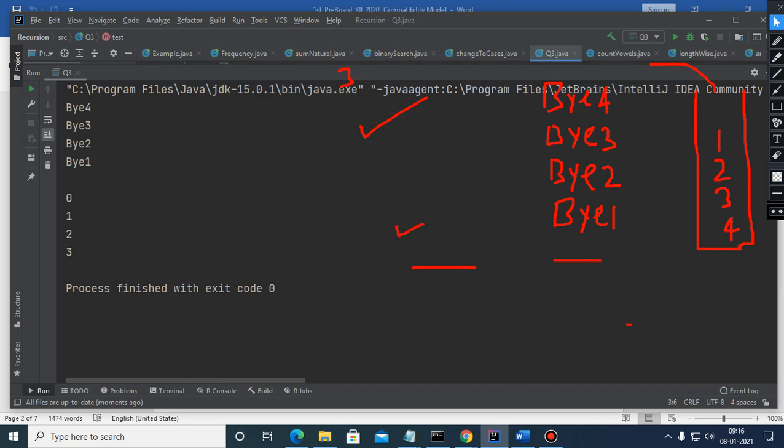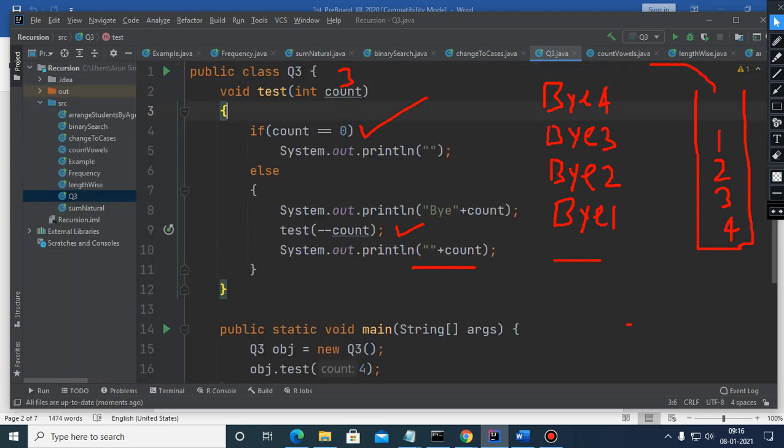So children, one more thing I would like to tell you, that here the value which will get stored will be from 3, because during the function call this minus count is there. This minus count is not the part of the function call, this minus count is apart from the function call, it is excluded. That's why here the value 3 and 0 also will get inserted. So if you see that here the answer will be from 0 to 3.